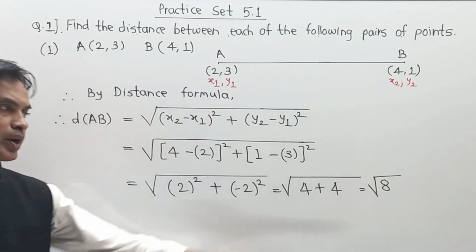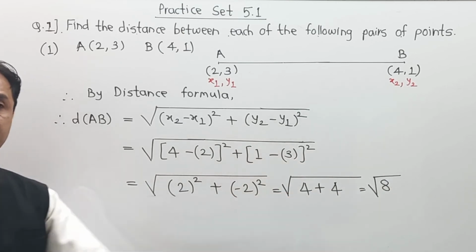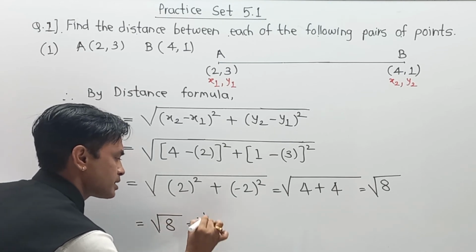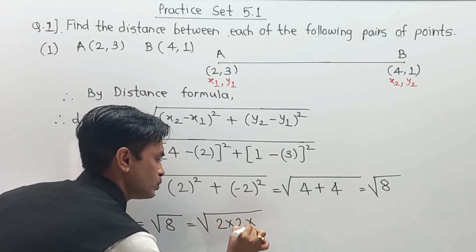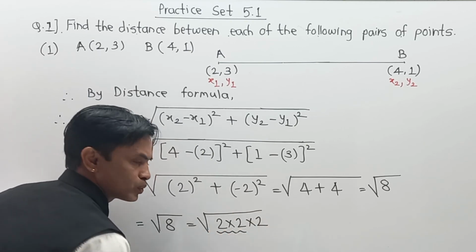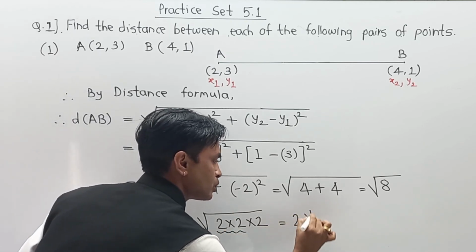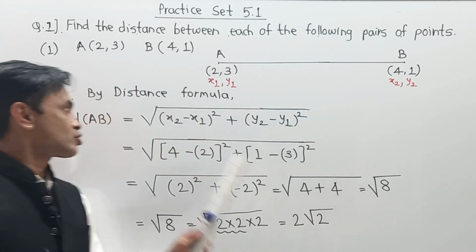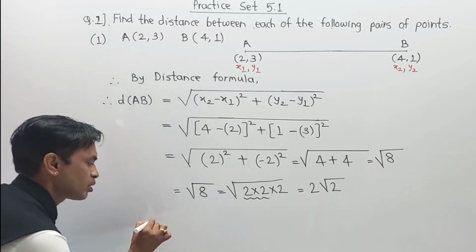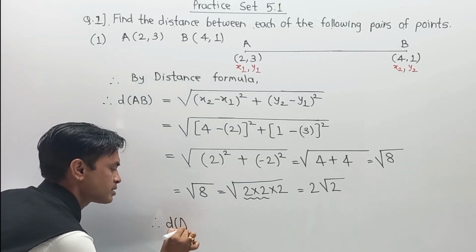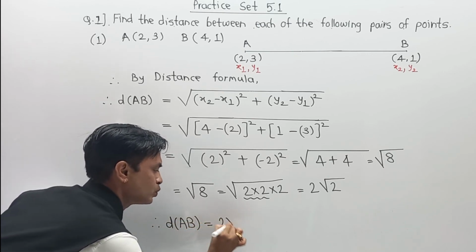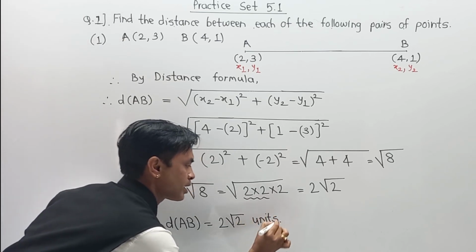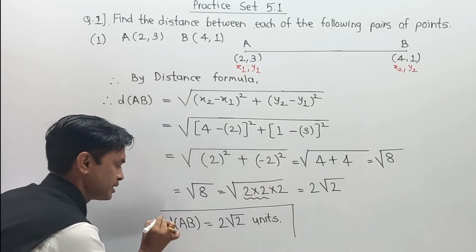Now we have to simplify this value, under root of 8. You can write directly this part over here, but if you want to simplify it, we can write 8 as 2 into 2 into 2, 3 times. This 2 into 2, 2 times, will come outside as a 2, and one value of 2 remains under root, root 2. And this is the distance of AB and we don't know the unit, so I am writing its answer as distance AB is equal to 2 root 2, and we don't know the perfect unit, so we are writing it as units. And in this way, we are going to calculate this distance over here.